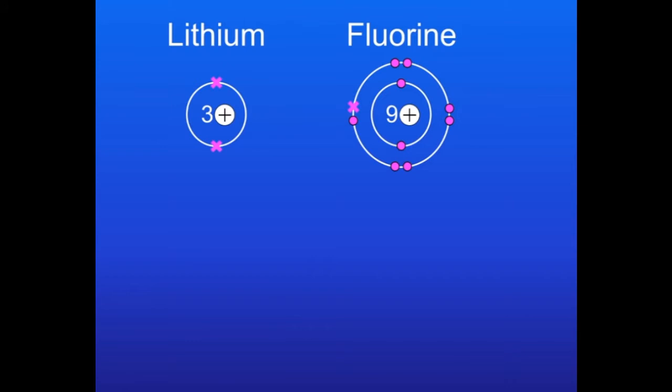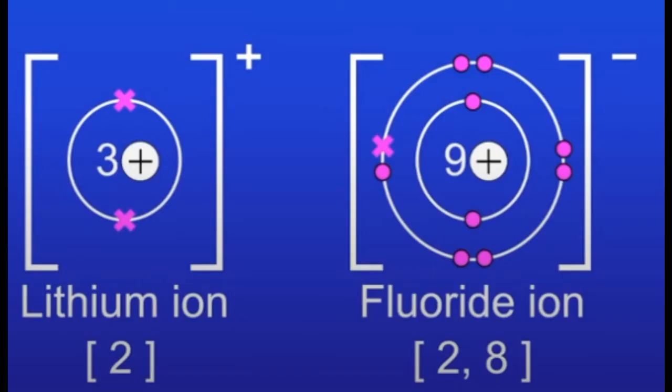In this diagram you can see lithium has given 1 of its electrons to fluorine, so now it has its outer shell full, and so does fluorine. When an element loses an electron or gains an electron, it becomes an ion. Since lithium lost an electron, it becomes a plus ion, and fluorine gained one, so it becomes a minus ion. We represent this by putting a square bracket round it and having a plus or minus in the top right